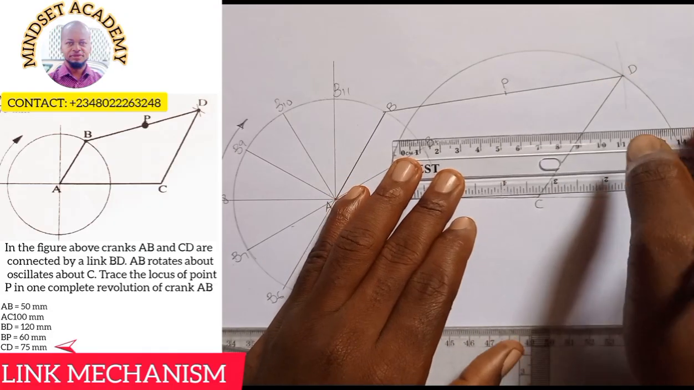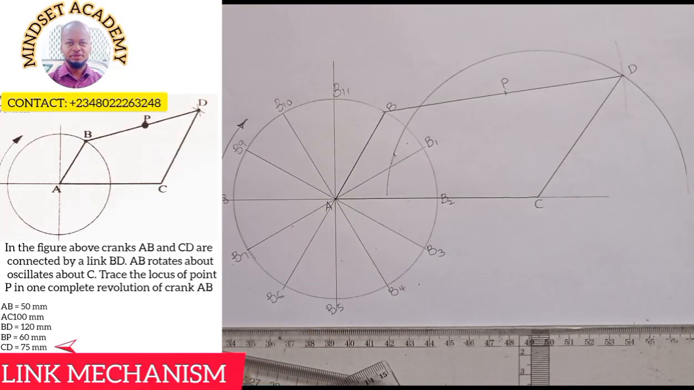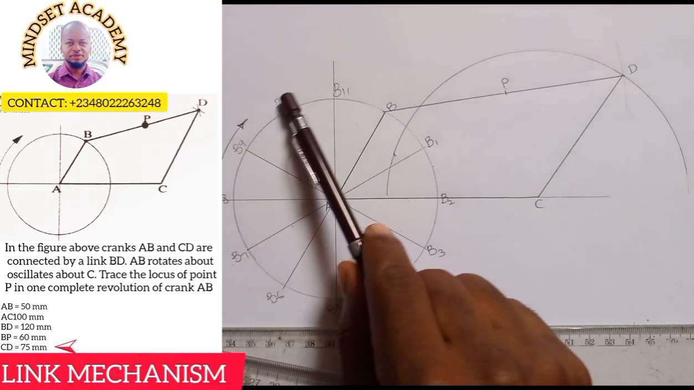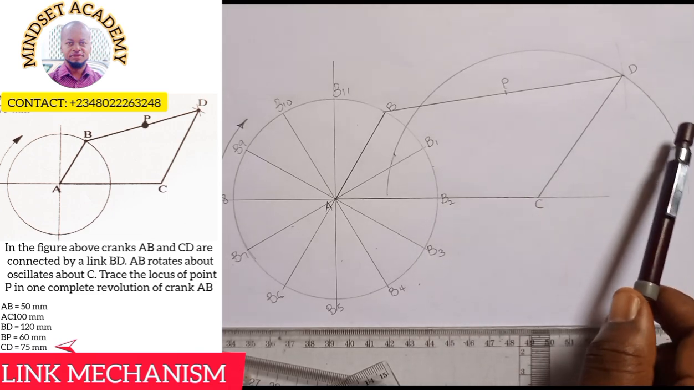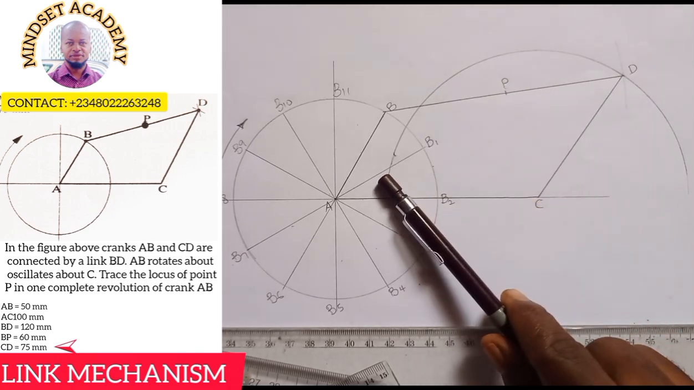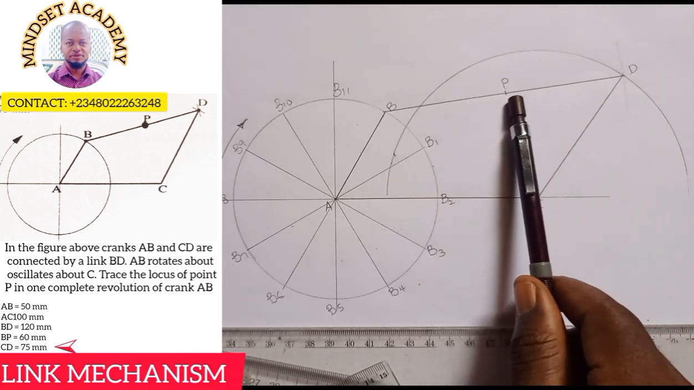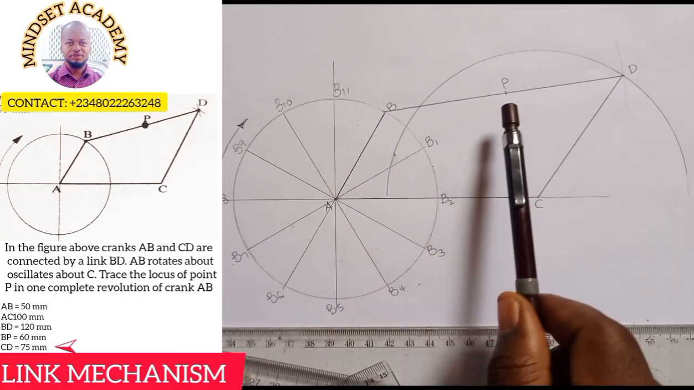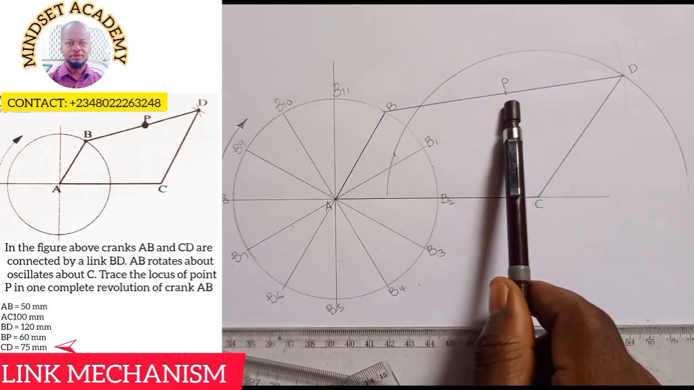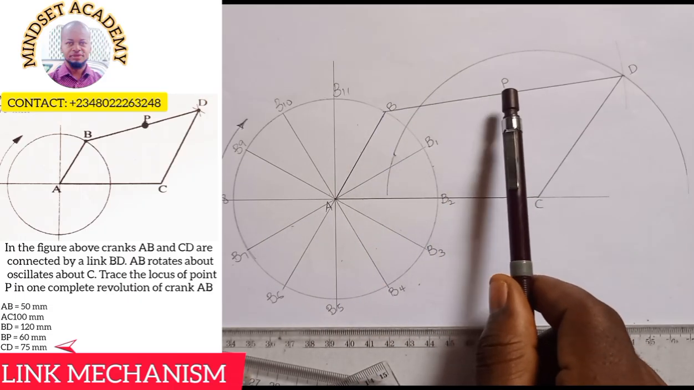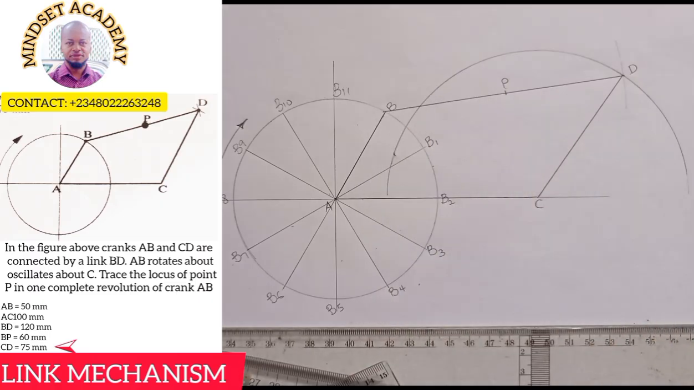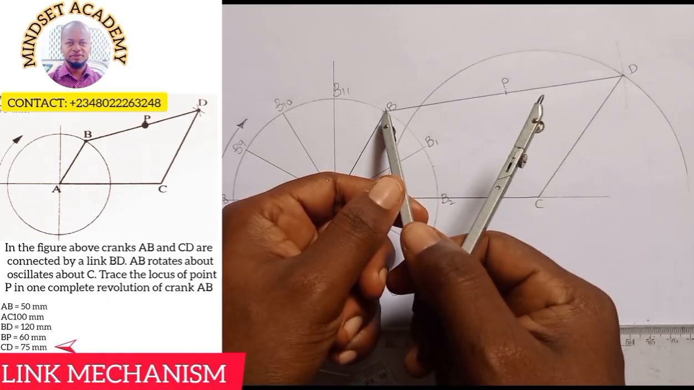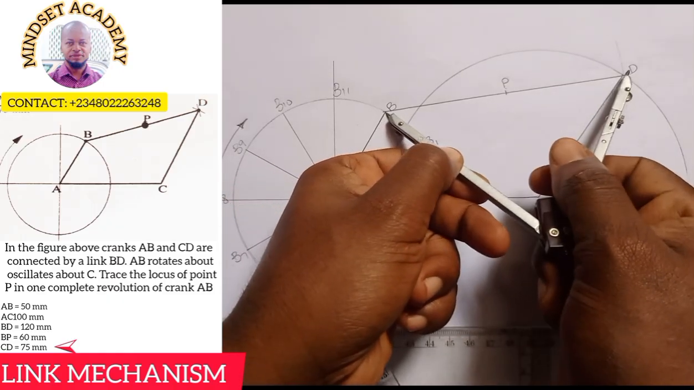See what I'm doing? According to them, as this moves in a circular manner, one revolution, moving along this path, point P changes position. So they say we should join the positions. We call it the locus of P, that is the path formed by P when this happens. So let's start. Now, when I take my instrument this way, from B to D,